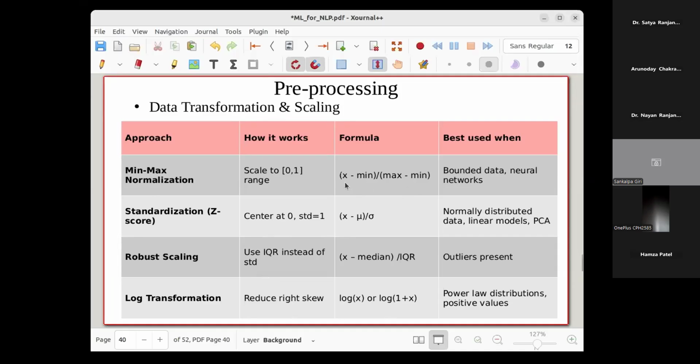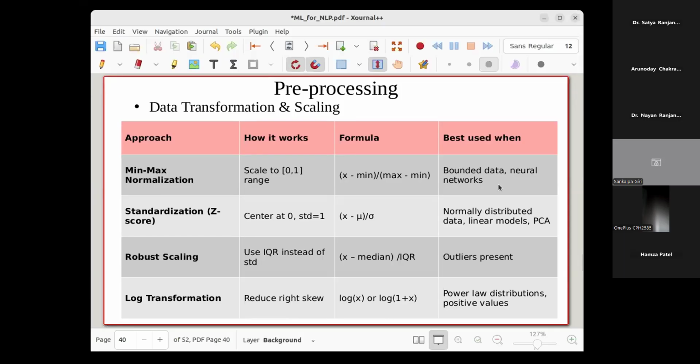Then for every data point in that column, you subtract the min from the data and divide by the difference of max minus min. If you do that, every data point in every column will be converted to a value between 0 and 1. So it will be bounded,